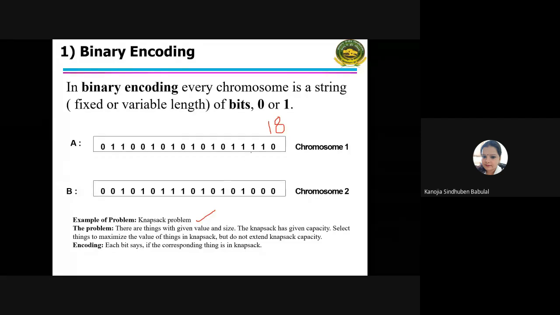For those 18 different things, suppose the thief has not chosen the first thing. The thief has not chosen the first element in that particular house, so we have represented it as a 0. The thief has stolen or taken the second element from that house, so we have marked it as 1. He has also taken the third element and kept it in the knapsack, so we have marked the third place as 1. Similarly, you can see zeros and ones throughout. So 0 is for not taking that particular element, and 1 is for taking that element and keeping it in